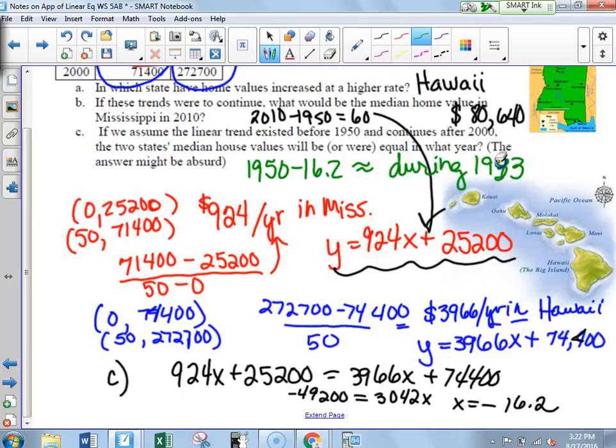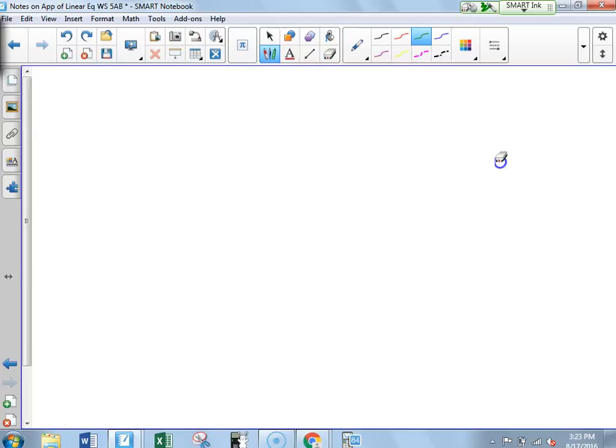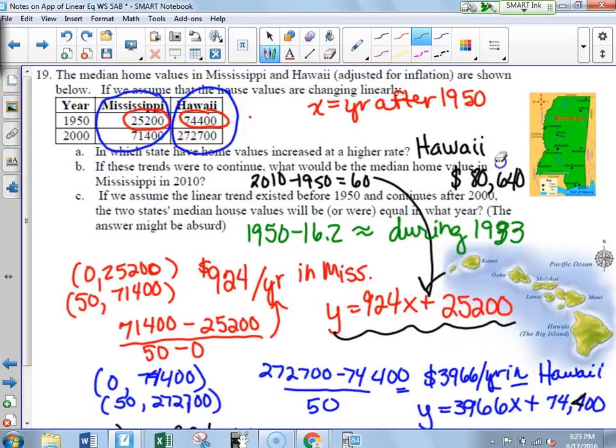Does anybody know why it's an absurd answer? This is a historical fact for you. Hawaii technically wasn't a state. Good job. Hawaii was not a state until like '55 or something, somewhere in there. We can look it up, but Hawaii and Alaska were almost the same time, weren't they? Or were they? Yeah, same year. I was thinking it was even later than that, but you're probably right. Okay,